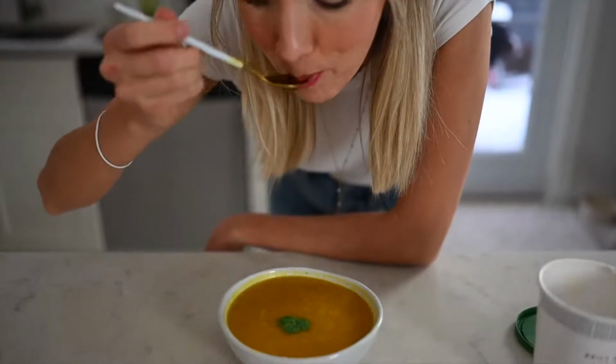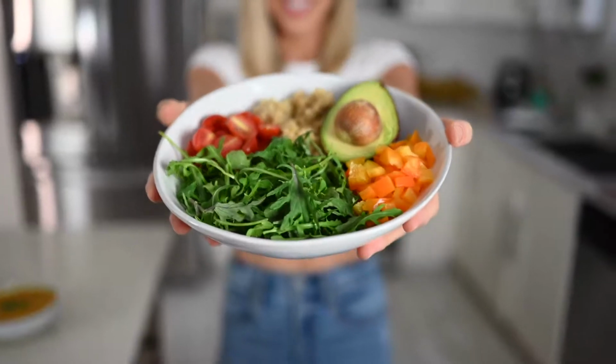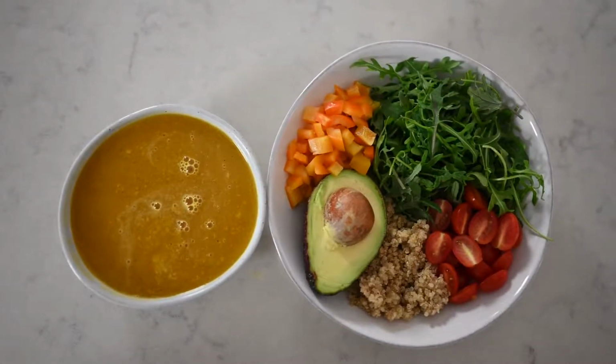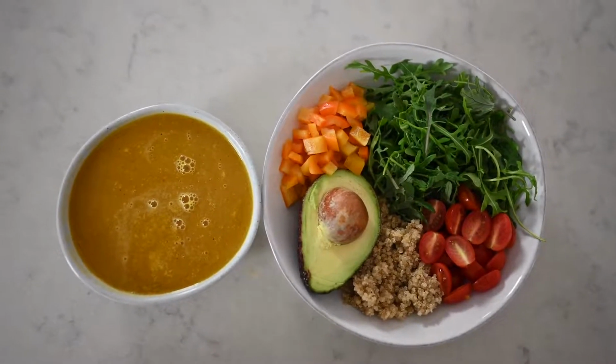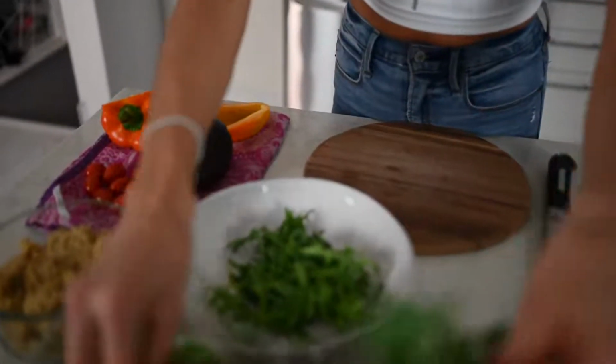No matter how busy you are, it's always important to include leafy greens into as much of your day-to-day meals as possible. If a salad and a soup doesn't fill you up, have no fear. We are going to add in a little bit of extra calories, something to make it a little bit more hearty for you with minimal amount of time or effort. So the first thing I'm gonna do is add in a little bit of baby kale